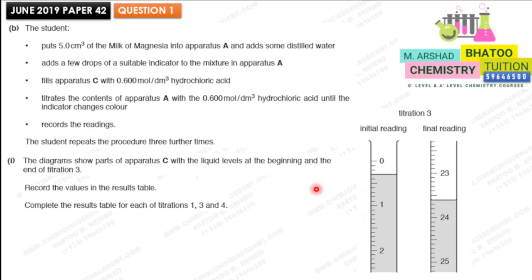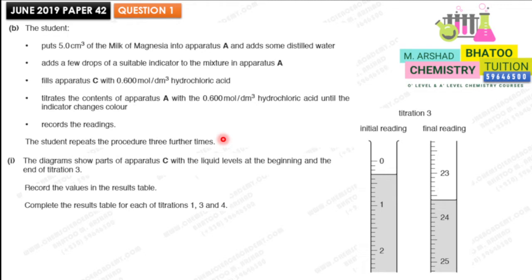The student puts 5 cm³ of milk of magnesia into apparatus A and adds some distilled water. He then adds a few drops of suitable indicator to the mixture in A, that is the conical flask. Fills apparatus C, that is the burette, with 0.6 mol per dm³ hydrochloric acid. Titrates the contents of apparatus A with the hydrochloric acid until the indicator changes color, records the reading. The student repeats the procedure 3 further times. Now the diagram shows parts of apparatus C with the liquid levels at the beginning and at the end of